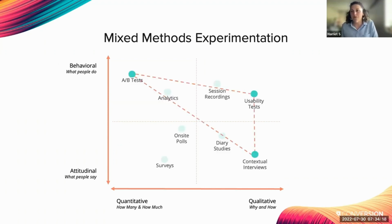So really what we want to do is be using multiple methodologies in tandem. And these methodologies are very complementary in nature. So generating insights across these different quadrants and analysing them in tandem, and through this, a broader and deeper understanding. There's many different ways that we can combine them, and here is just one visualization of how we could use